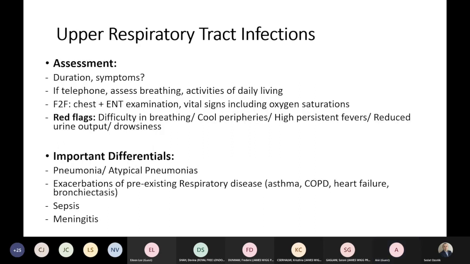Next slide. Thank you. So how do we assess someone with an upper respiratory tract infection? In taking a full history, we want to get a sense of the duration. Most upper respiratory tract infections will tend to occur within a duration of days to weeks. And remember that things like the cough can last up to 3 to 4 weeks. However, how do we assess